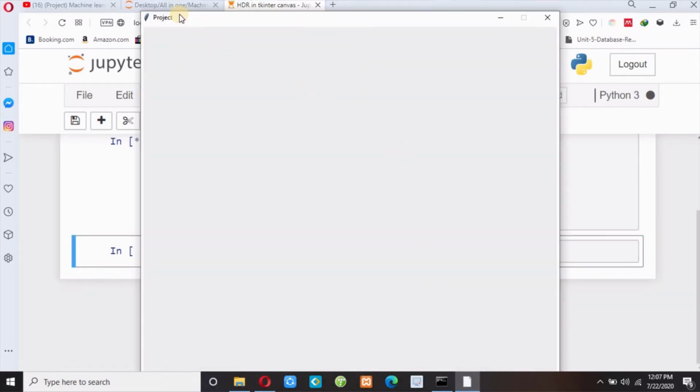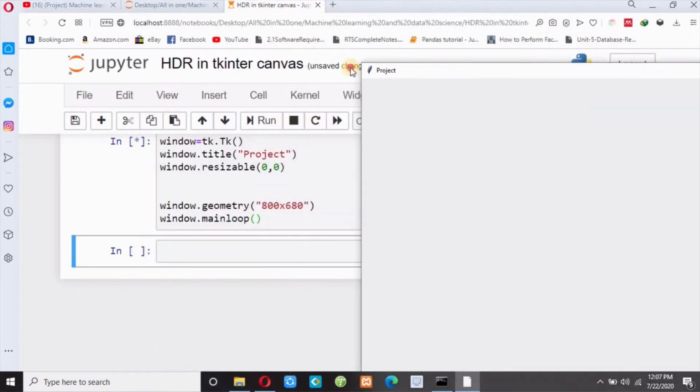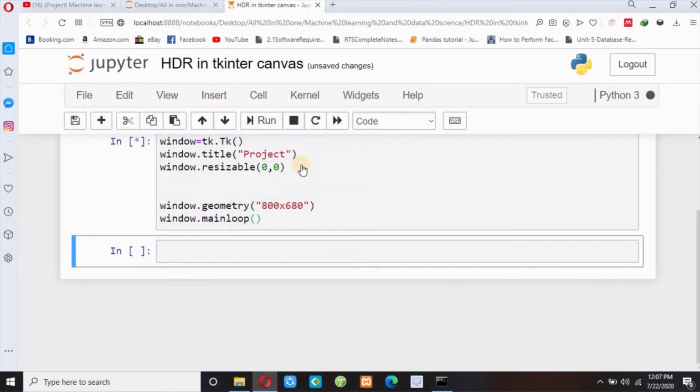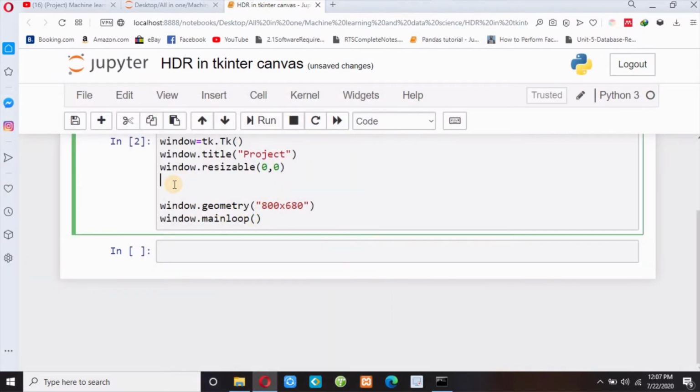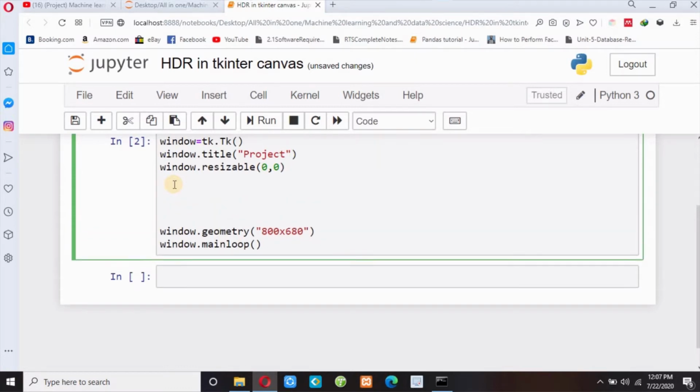So this is my window. The title is project, and this is the size, 800 by 680. So let me close this, and now I have to divide my window into several canvases. First of all, let me define my header.